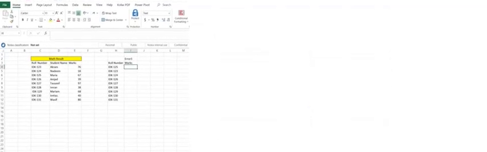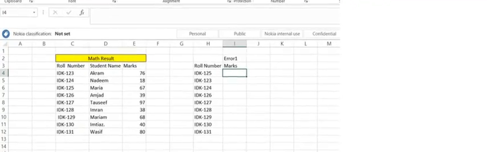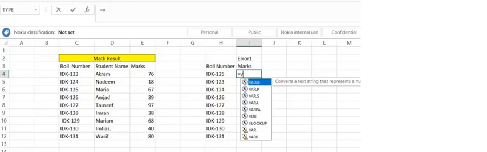So moving ahead, now we will discuss some other VLOOKUP errors we normally face when applying the VLOOKUP functionality. As we already discussed, there are 3 pieces of information, roll number, student and marks, in columns C, D and E. Now I want to return the marks information in column I from the C, D and E columns. So apply the VLOOKUP formula as